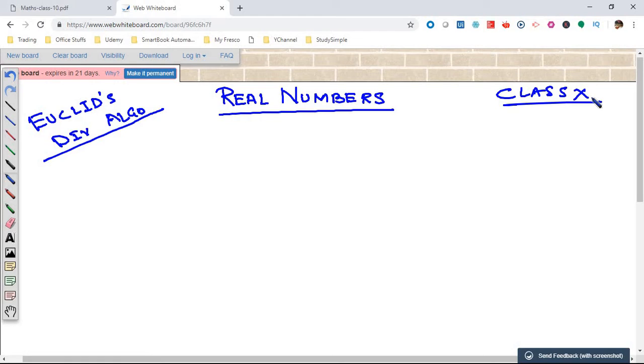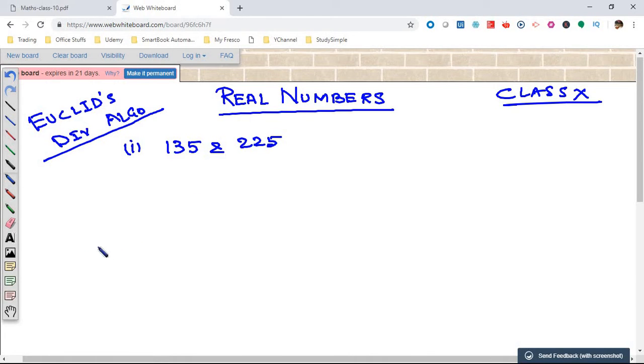Today we will be learning Euclid's division algorithm, and using this algorithm we will find the HCF of two numbers. So already we have discussed what Euclid's division algorithm is, and today we will learn how we can implement it when there are two numbers. So the first thing that we need to learn is the HCF of two numbers, and we will take the two numbers 135 and